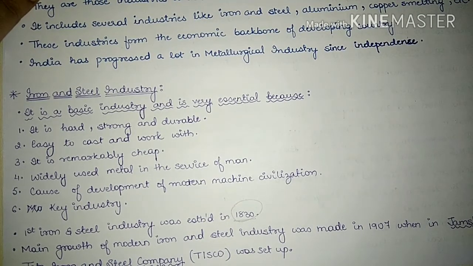However, it was not successful and it closed down in 1866. Sorry, it was a steel unit which was at Porto Nova in Tamil Nadu. After that, no major efforts were made in the 19th century. In 1907, the real beginning of the modern iron and steel industry was made